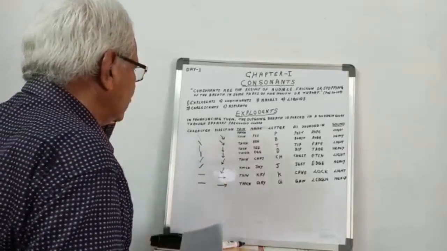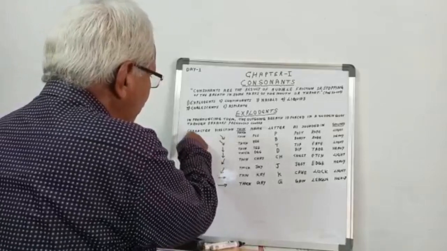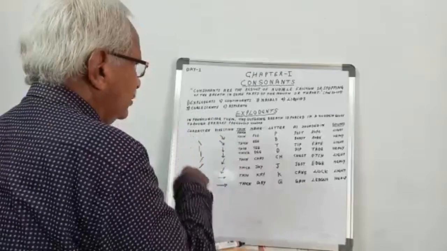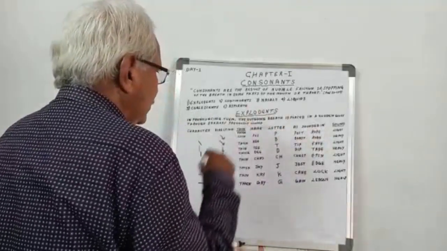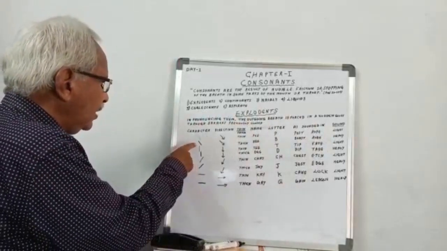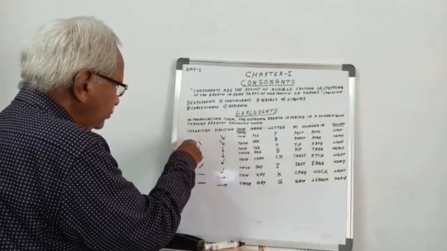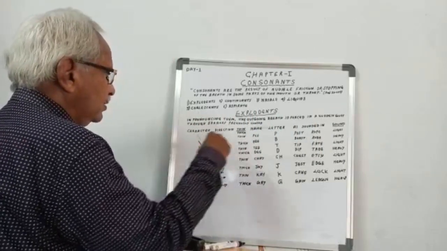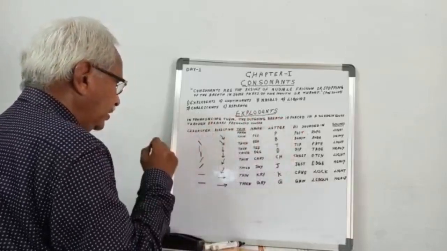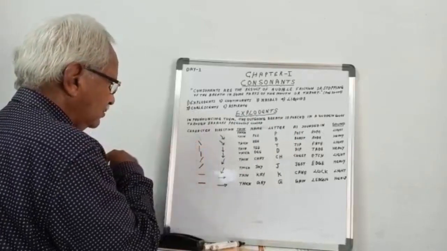Once again, P is from left to right downward direction. It's a light thin stroke. Sound is light. Its name is P. And then B. It's a heavy stroke, same as P, from left to right downward stroke. It's thick. It's a heavy sound. B. Next, T. Just a downward stroke.